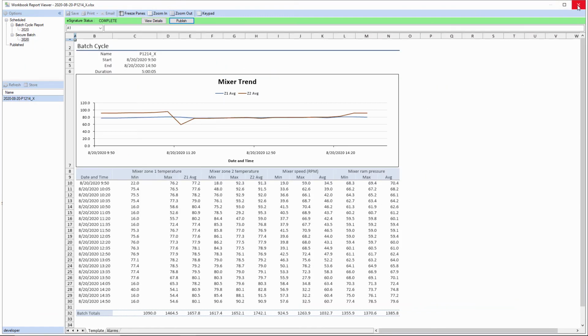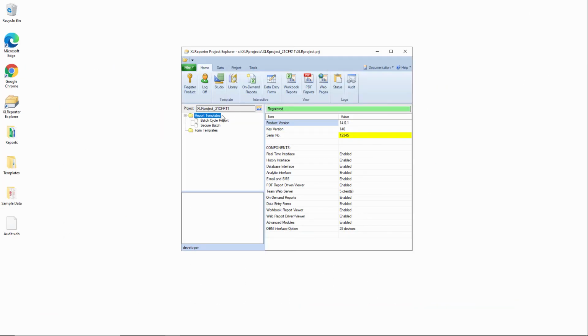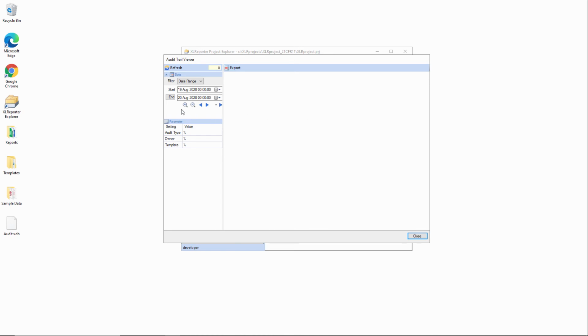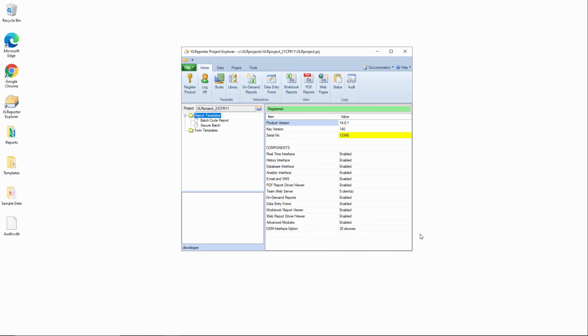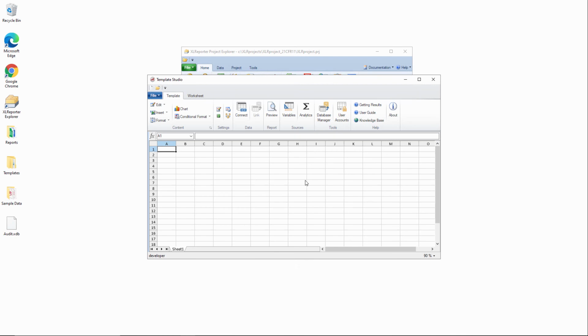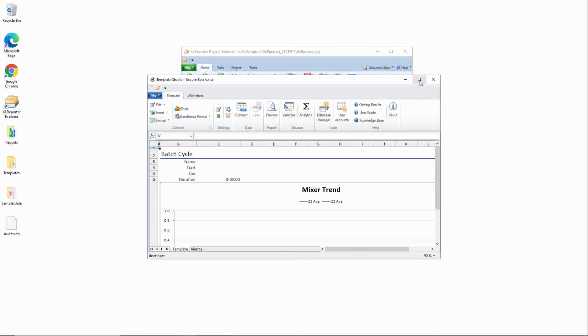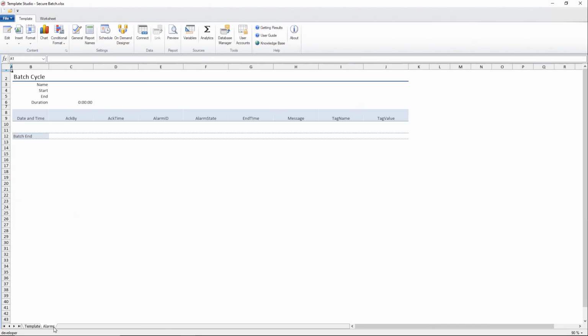And now, just before we finish off, I'd just like to show some of the audit trail and version control information. So if I come into the audit viewer here, and we look at today's date, which would be the 20th, we could see all the development cycle changes I've put on here. And for example, if I wanted to go back into the template now, and if you recall when we ran this in one of the previous videos, we didn't have the date and time on the alarm sheets. If I enable that by fixing the formulas here,